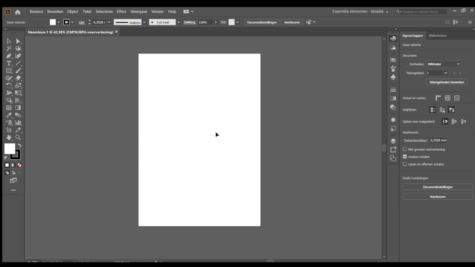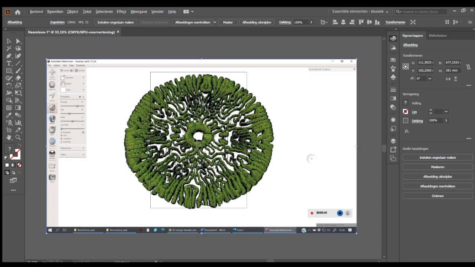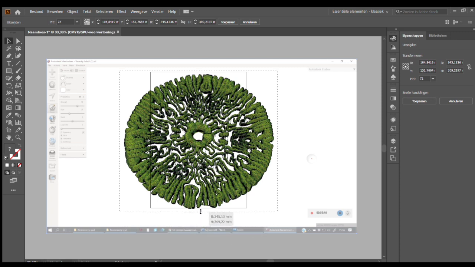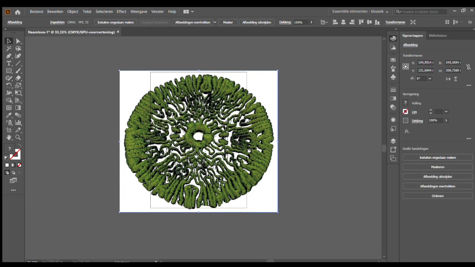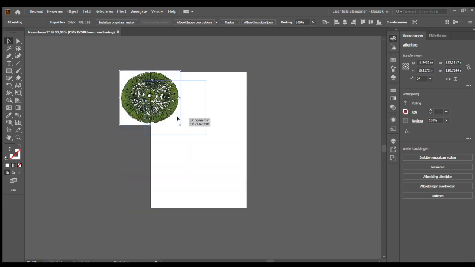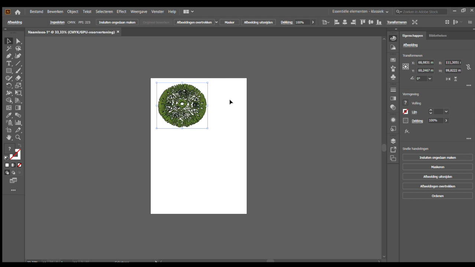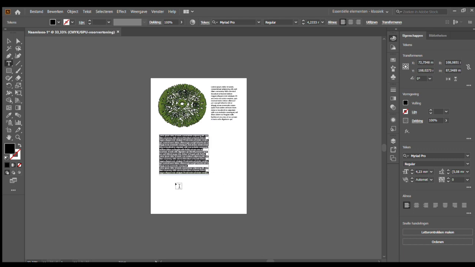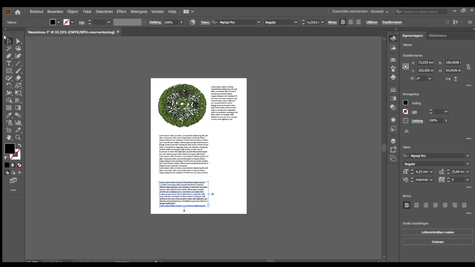Just to give you an example of how it could look, I've opened Illustrator and I will paste the image that I took from Mesh Mixer. I'm going to cut it out to get rid of the stuff that I don't want in my design, so the layout of the software. Then I have my image, which then could be part of my poster presentation. For example,